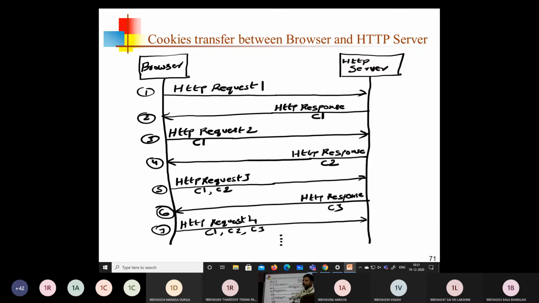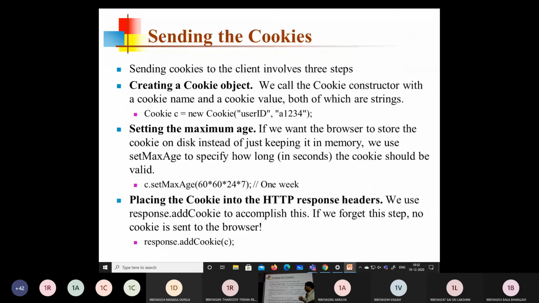If you have a single value, then only a scalar variable is needed to hold one value. But here multiple values are there. So to hold multiple values, the possible solution is an array. So you have to create an array of cookies if you want to receive all the cookies from the browser.